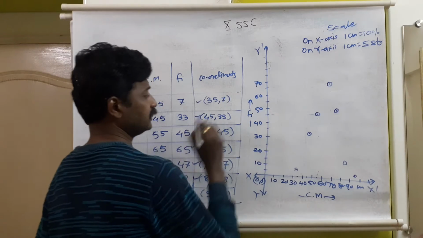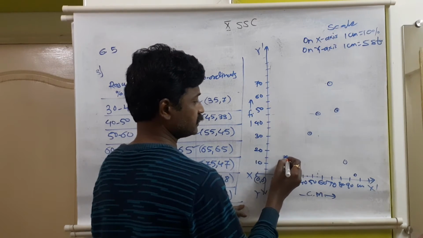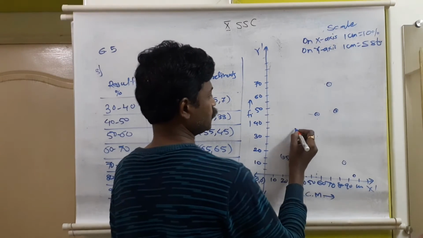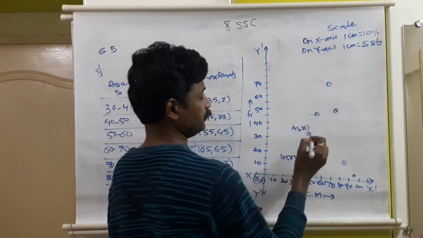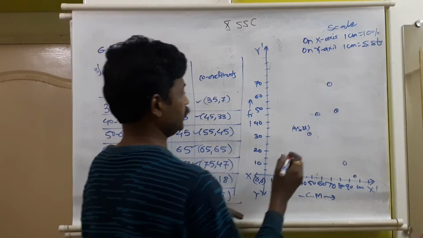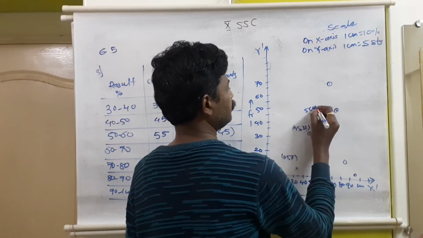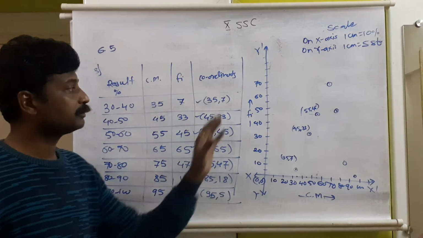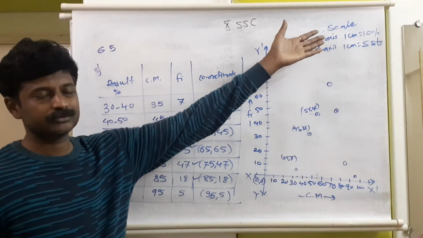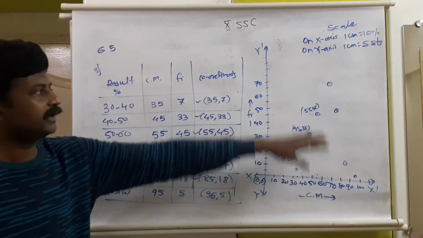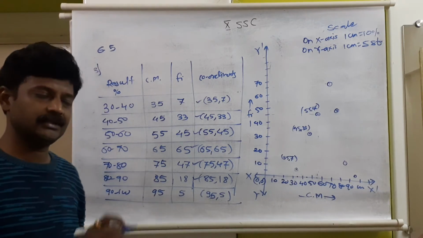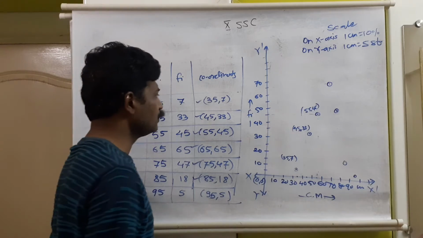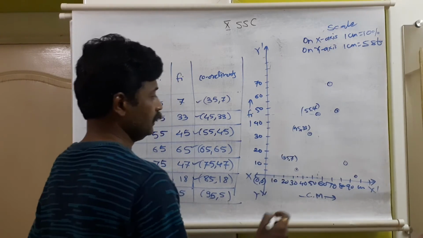For the first, 35 and 7, so this is the first one, it carries 35 and 7, and in this way it can be mentioned. Second is 45, 33, so mention 45, 33 with that. Third is 55, 45. All this should be done with a pencil only. A pen should not be used at all. You can use a pen first to write the scale, and the question number, but everywhere else on the graph paper use a scale and pencil. Don't use a pen, don't color it. It is not allowed. So the third we covered.